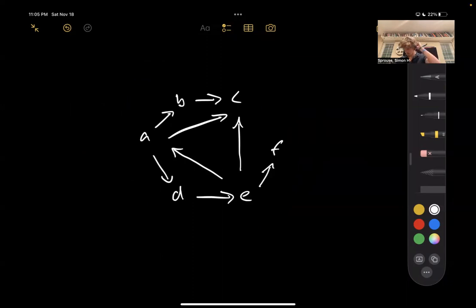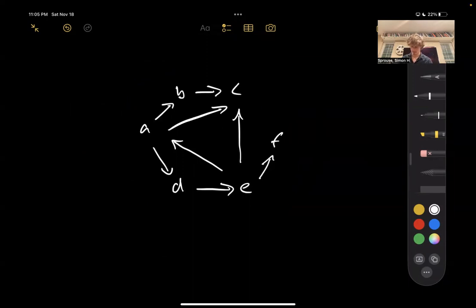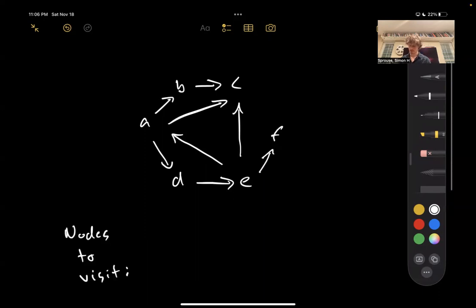Okay, now let's think about DFS. What if we were doing exactly what we just did, but with a stack instead? So for DFS, let's put some kind of stack over here. Maybe a stack is again not the most descriptive thing. Let me say nodes to visit, and just know that this is a stack. So the first thing we visit is A, and then let's just randomly pick this path first. So A is going to see B,